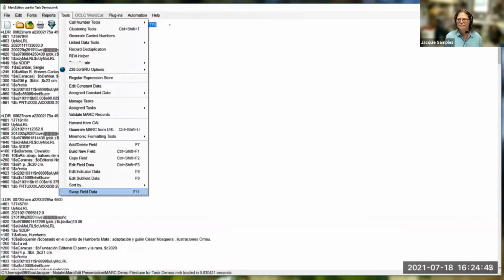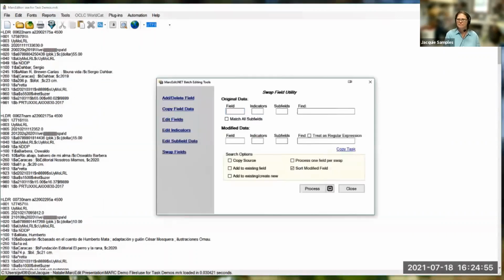So to do that is quite simple. We just say we want to take all the data in the 001 field and put it in the 901 field. And I want to make sure that when I get it, I have blank indicators and all of the data goes into a subfield A. Some of that is because the system I'm going to end up loading into, I need to define the subfield I want it to be in.